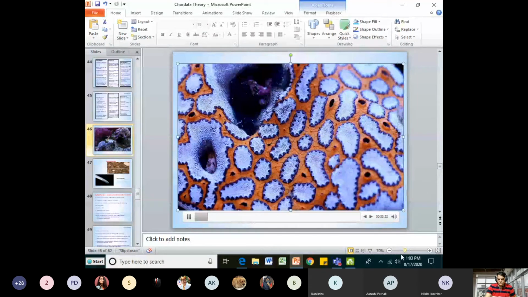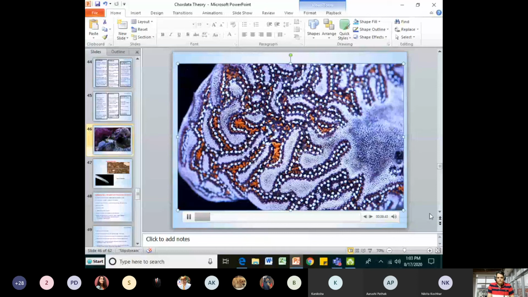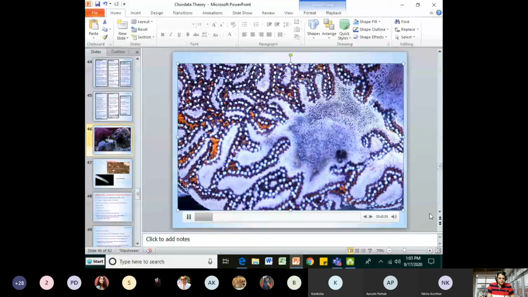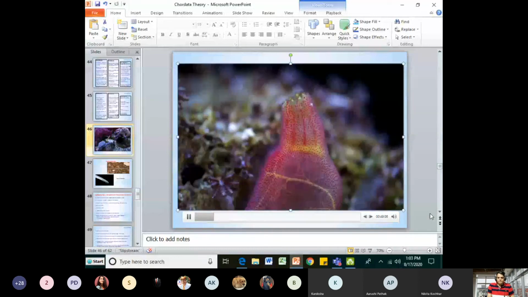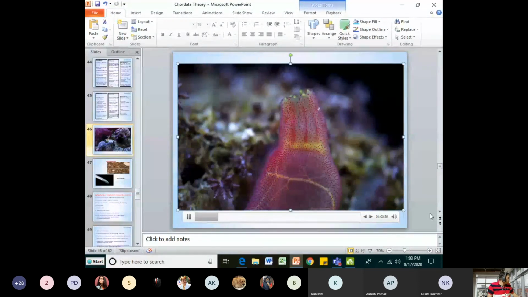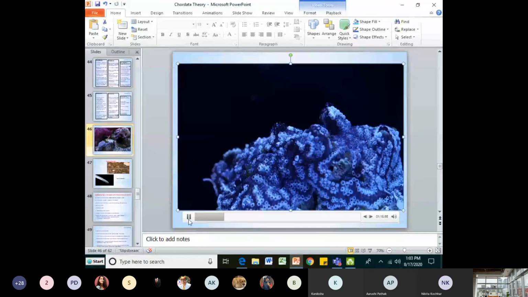Tunicates, sometimes called sea squirts, are often misidentified in the coral hobby as sponges, and in fact, these were sold to us as tiger sponges, but in reality, they're quite a lot different. Tunicates are a type of chordate. Now, if chordate might sound familiar, people are chordates. We actually share the same phylum. Corals, for example, are cnidarians, which are defined by having stinging cells. Chordates share similarities in their nervous systems, mainly the presence of a notochord and a hollow dorsal nerve cord. Aside from that little bit of trivia,